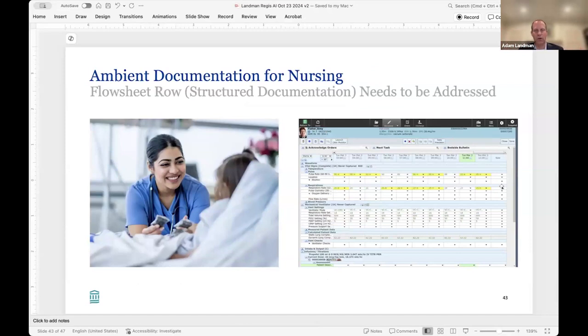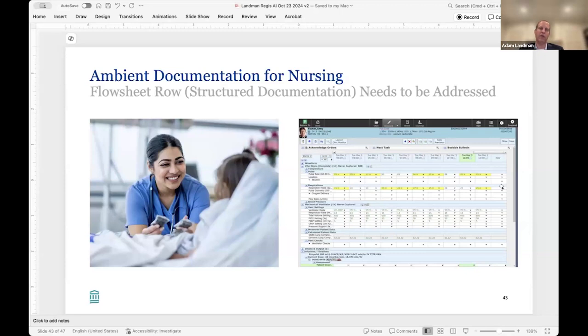And that has not gone unnoticed and is absolutely a priority both for us as a healthcare delivery system as well as for the vendors. The challenge is that many of our bedside nurses and even ambulatory nurses do a lot of structured data capture into flow sheet rows, right? You're capturing vital signs or capturing an assessment that gets coded into the EHR like you're seeing on the right-hand